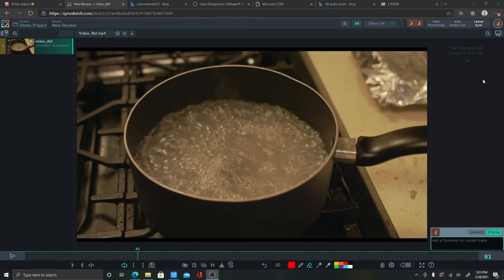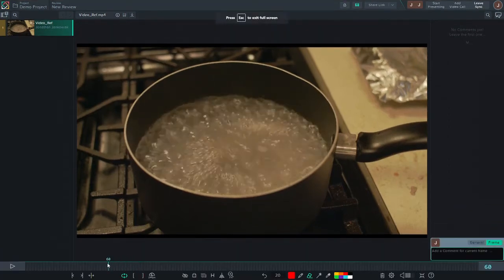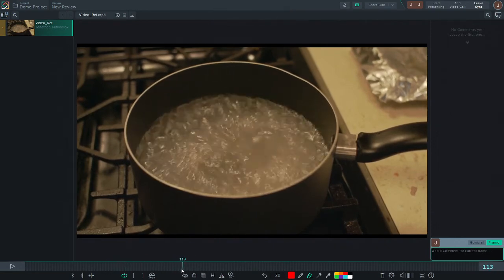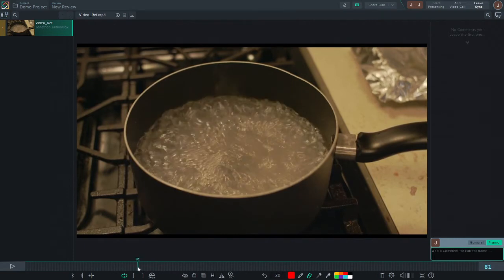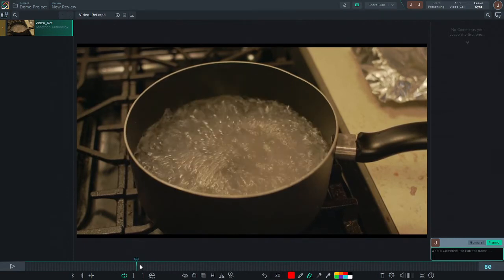So I'm working on this shot here, and it's not really a shot, it's more or less a practice. But what I'm going to try to replicate is boiling water, right? It's kind of complex if we look at it. So normally, what a rookie would have done is to just remember what it's